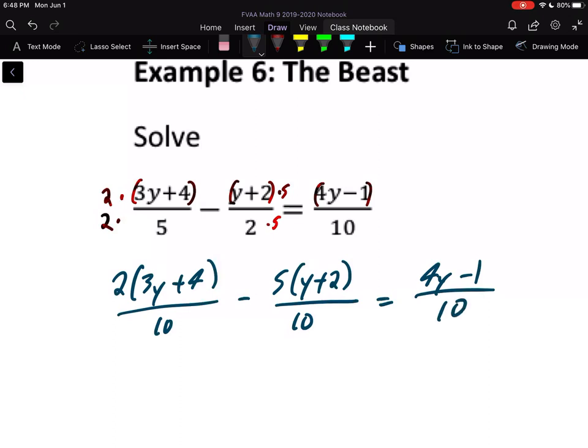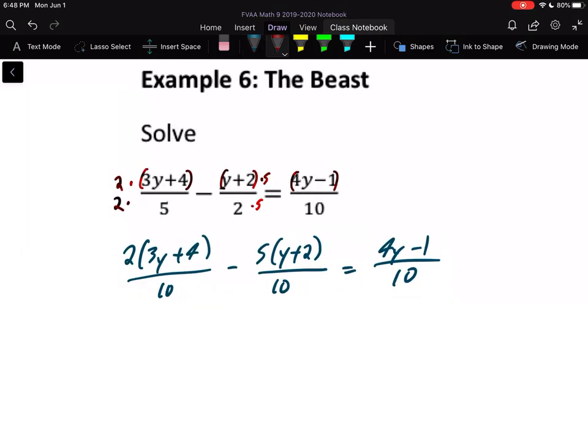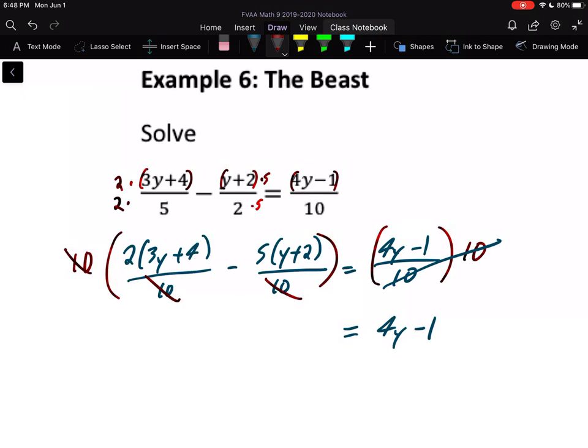That one's already over 10. Now, in order to get rid of my denominators here, I just need to multiply both sides of my equation by 10. So I'm going to multiply 10 on this side. That's going to cancel that out. I get 4y minus 1. And this 10 actually cancels out both of those 10s there. So I'm left with 2 bracket 3y plus 4 minus 5 bracket y plus 2 bracket equals 4y minus 1. Now here we want to distribute, to get rid of the brackets, and then we'll